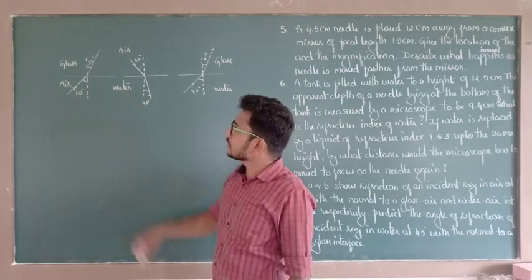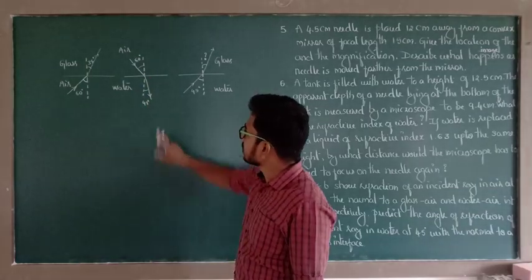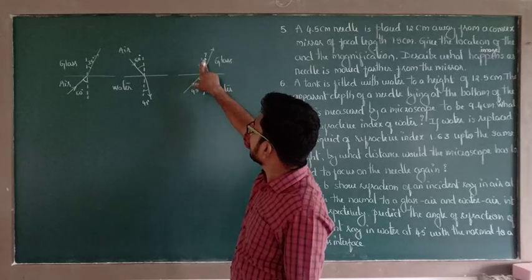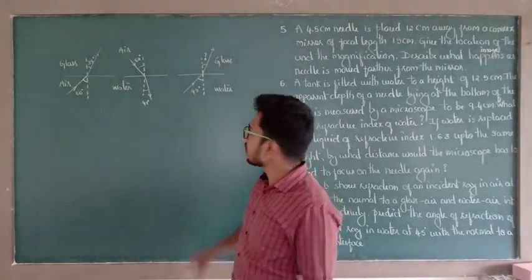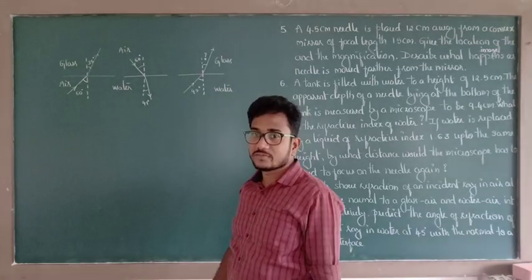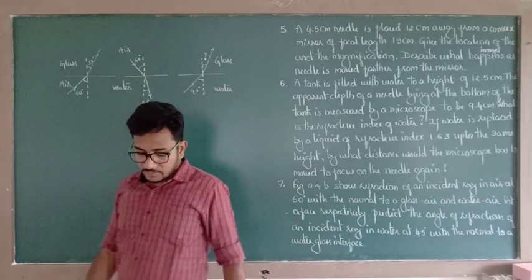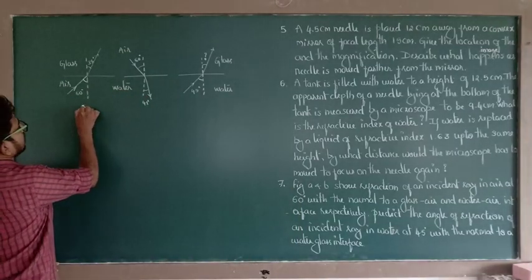In the first case, the angle of refraction is 35 degrees. In the second case, the angle of refraction is equal to 41 degrees. In the third case, they are asking for the angle of refraction in the glass medium when light travels from water to glass. So let us solve one by one. From figure A, the first diagram,